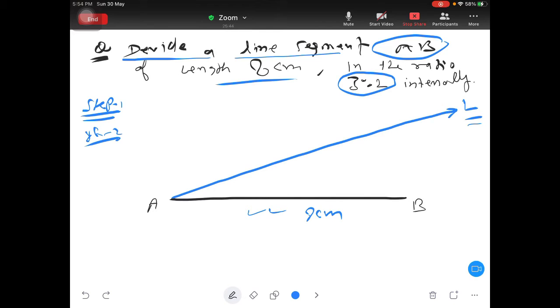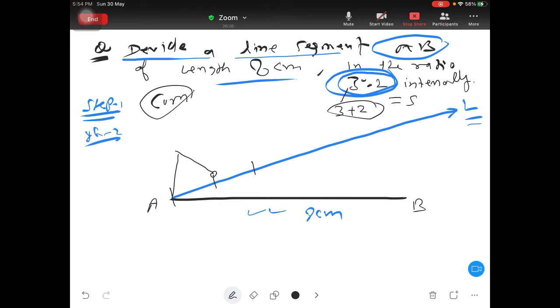Then you go for step 3. In step 3, you check out what is given. 3:2 is given, right? So this 3 you add with this 2, it will be 5. Now take your compass and go for 5 equal segments. Like needle you keep here, and pencil you keep here and cut. Then needle you keep here, and pencil you keep here and cut. And don't change the distances. Then needle here, pencil here, cut. Needle here, pencil here, cut. So in same way 5 things you get. You got 5.